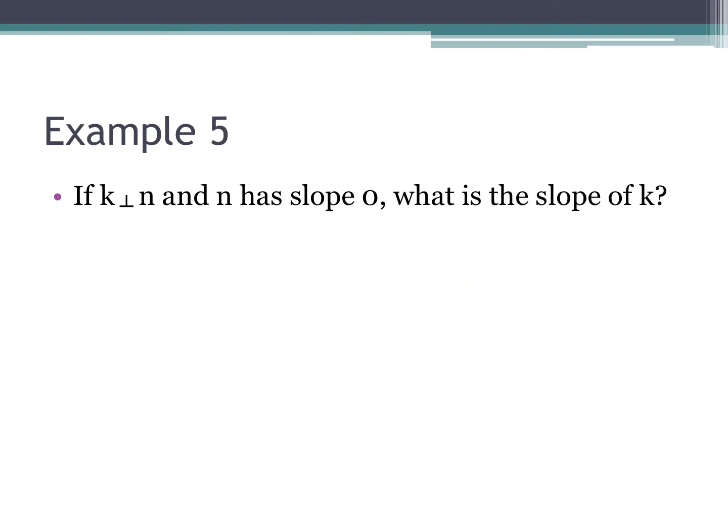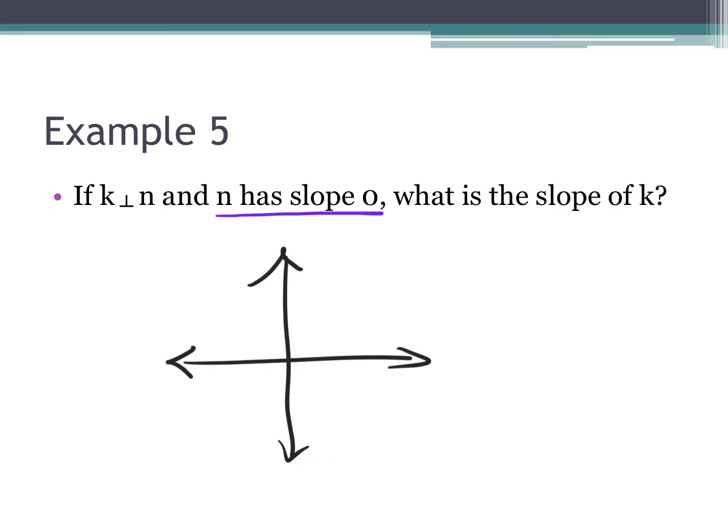It says if K is perpendicular to N and N has a slope of 0, what is the slope of K? So let me go ahead and draw a coordinate plane here. Let me put my X and my Y axis. So it says N has a slope of 0. So that tells me that N is going to be a horizontal line. This has a slope of 0. It's horizontal. And I need to figure out what the slope of K would be if it's